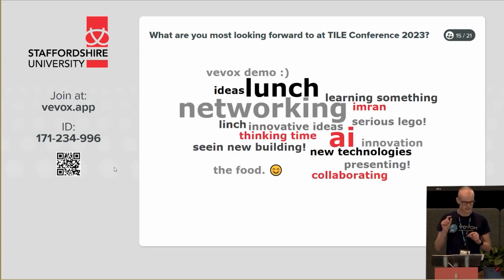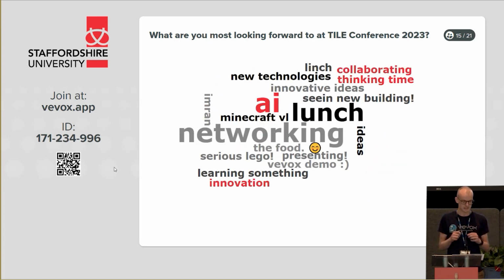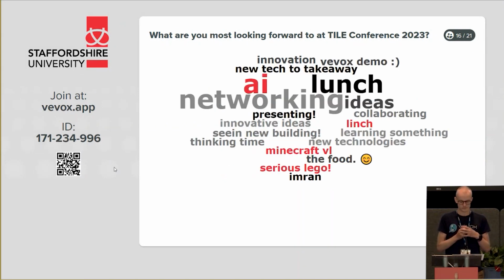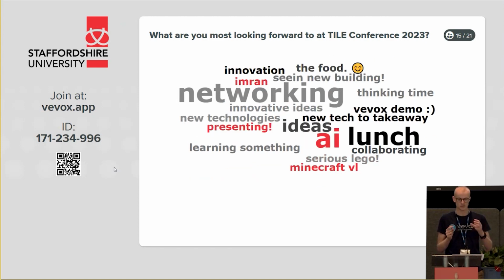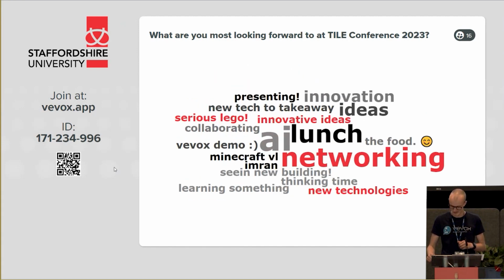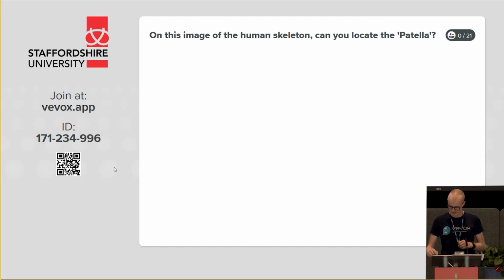You'll notice on the top right, there's a little grey oval on the screen that has two numbers in it. The right-hand number is how many people have logged into the session, and the left-hand number is how many people have answered. As we come on to more polls in a minute, this is a really good way of knowing when to close your polls, or if students need a little bit longer. You can wait until you get 10 out of 12 answers or something like that. So I'm going to stop this poll now and hope the Wi-Fi works. There we go, and I'm going to open our next one.